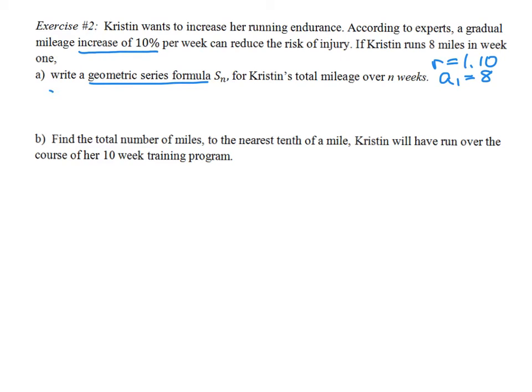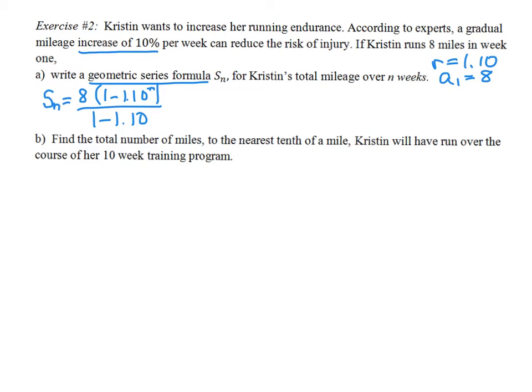So we know that S, notice that we're doing it in the general state right now. So S means the total amount over n weeks is going to be equal to, let's go back to that geometric series formula. So we have to have our A1, so I'm going to put my 8 first, multiplied by 1 minus the rate, so 1 minus 1.10, to the number of weeks, so we're going to call that n for my exponent, all over 1 minus